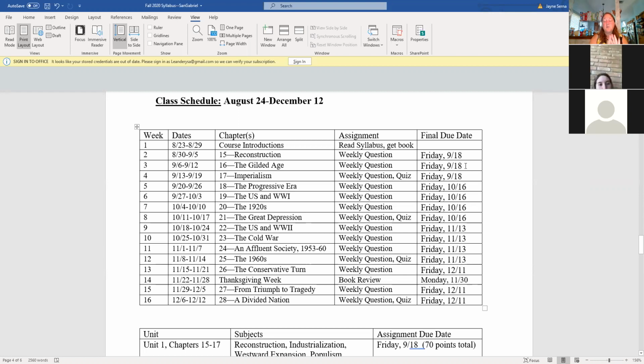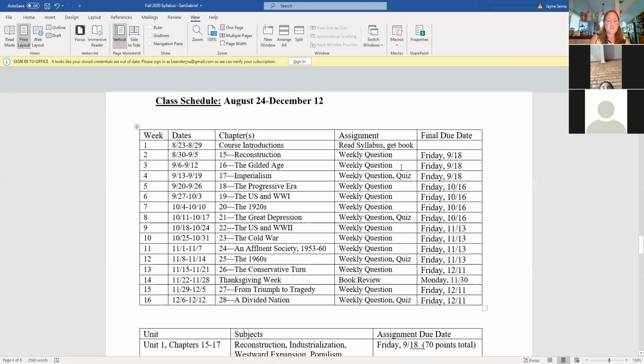You can turn them in whenever you want. So if you're one of those people that needs to do it a little bit at a time, do the first question the first week, the second question the second week. If you're one of those people who is a professional procrastinator and you just want to turn it all in at once, you can do them all Friday at 11 o'clock at night because they're due at midnight. I wouldn't advise that, but some of you are going to do that because either that's how you are or your life's super busy. But this is all spread out so that you can turn it in a little bit at a time if that's better or easier for you.